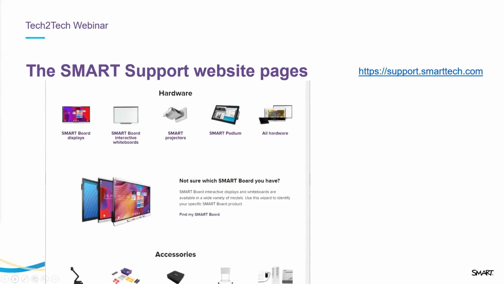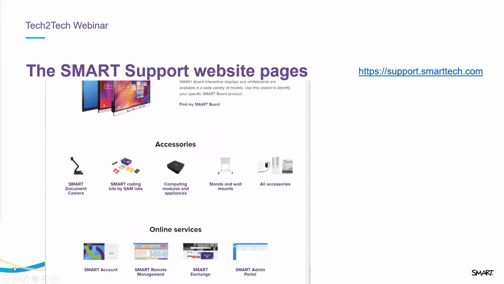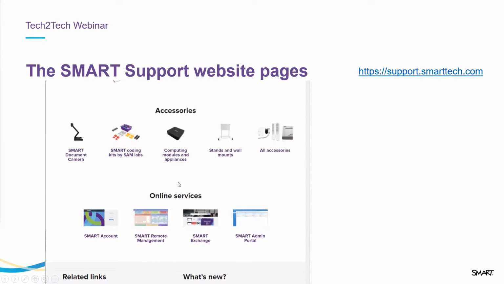If we scroll down a little further, we'll see this item in the middle, which is a resource that can help you identify your product. Because Smart has the support web pages organized by product, it's very important to know which specific product you have. And this resource can help you do that. And then as we scroll down a little bit more, we get even more product pages for additional hardware and online services. Our document camera accessories, our computing module accessories, stands, etc., and our online services such as managing your